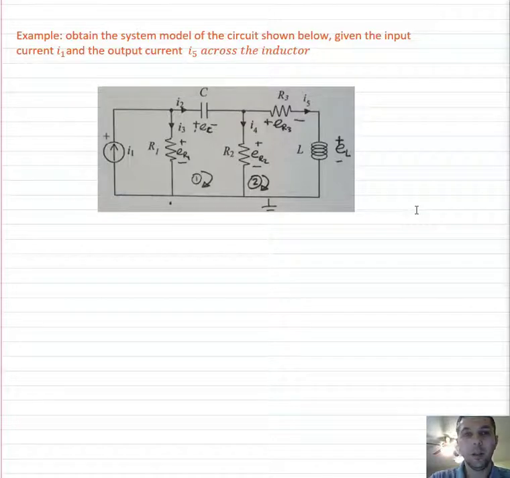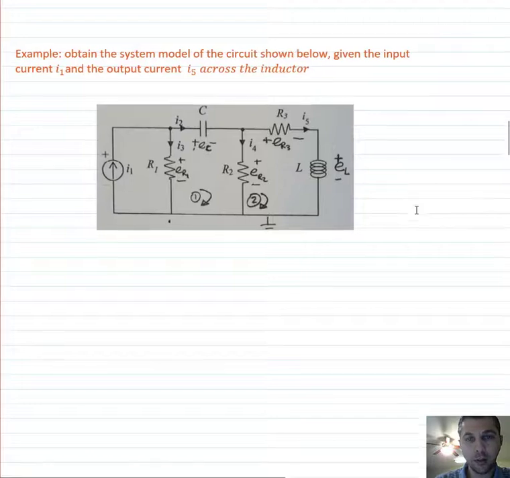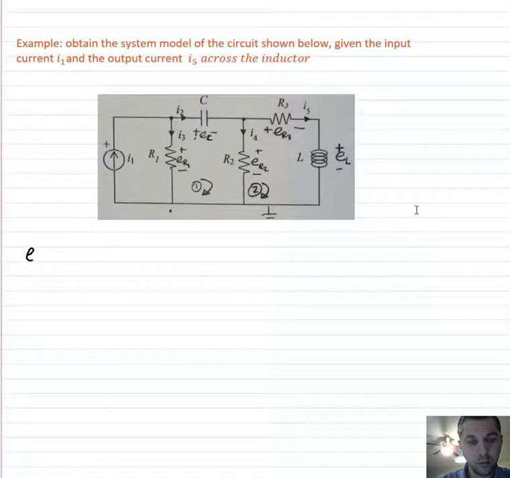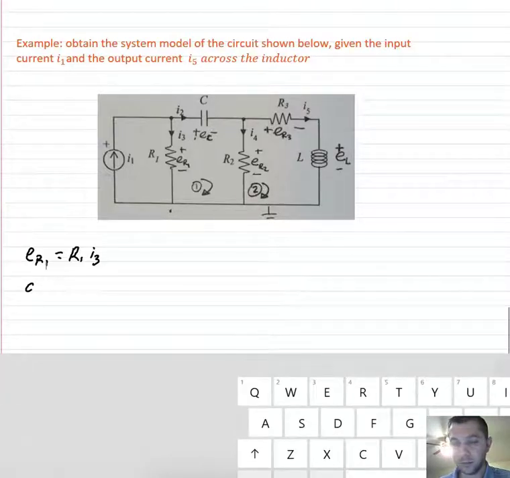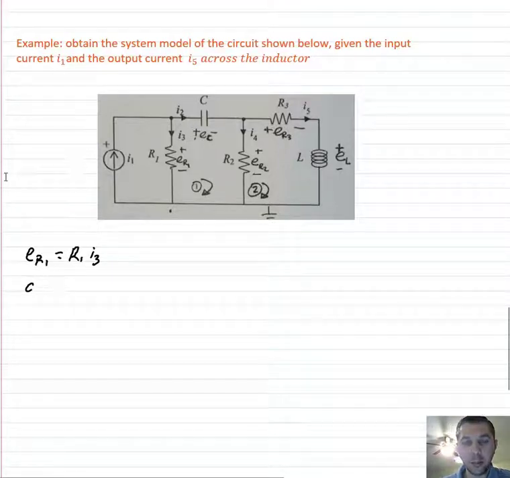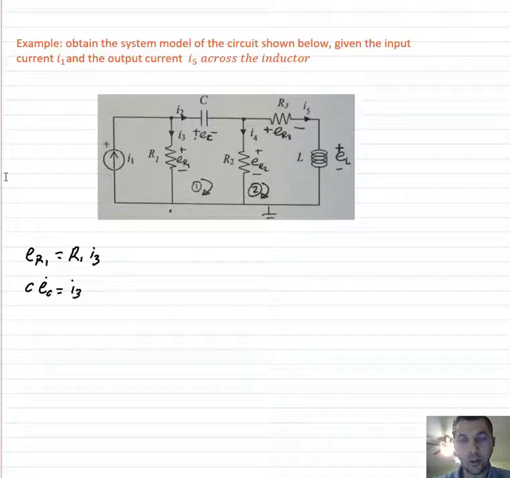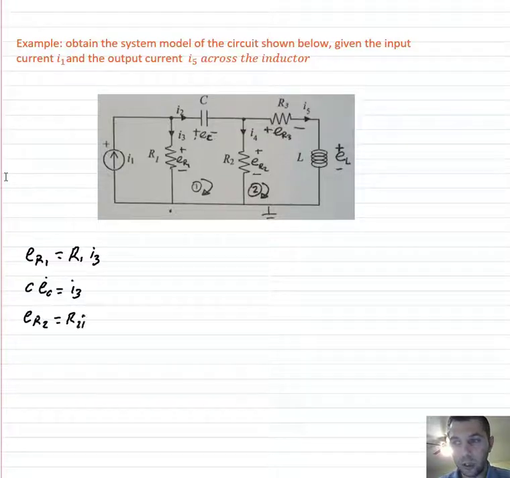So we have the voltage across resistor 1, which is equal to R1 times current 3, and for the capacitor we have C E dot of the capacitor is equal to I3, and we have E, the voltage at resistor 2, is equal to R2 I4,